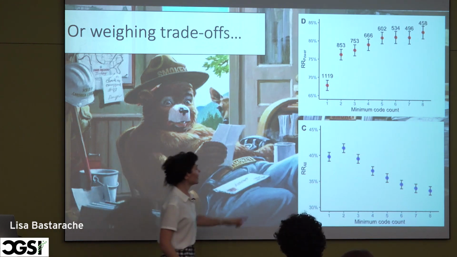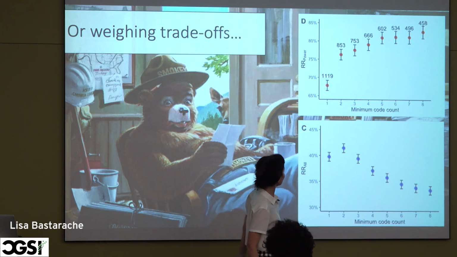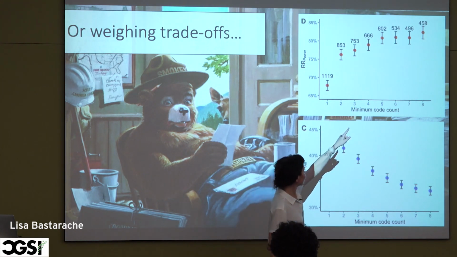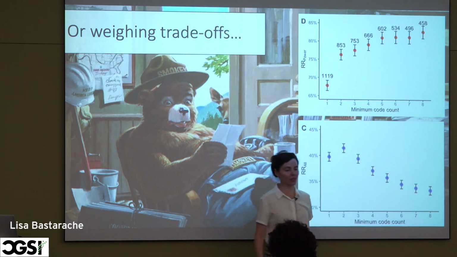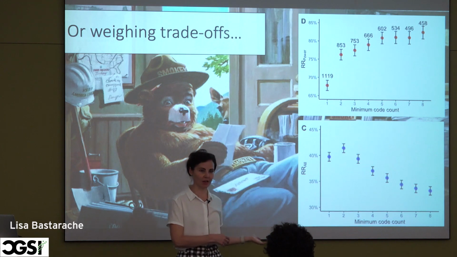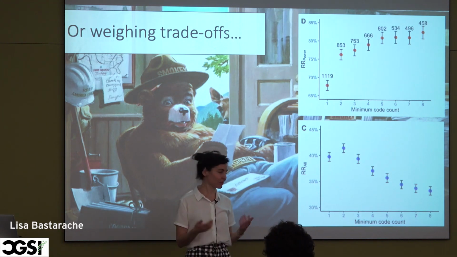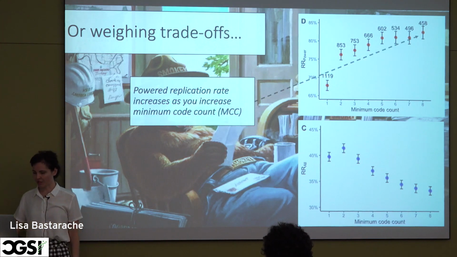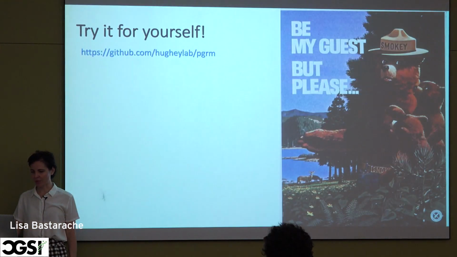And really, the higher the minimum code count, it continues to get better, but of course you're losing power, because by the time you require 8 ICD codes for your cases, you're throwing out everybody with 1 through 7 ICD codes, and you're losing a lot of cases there. But either way, we try the best we can to step through these